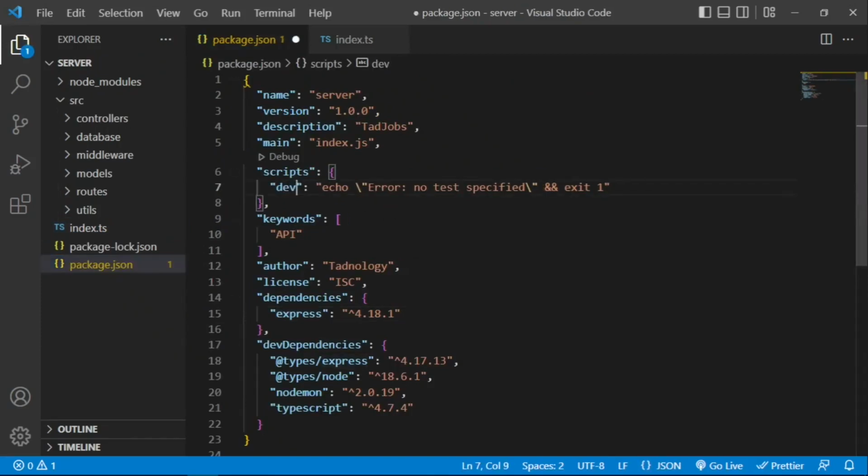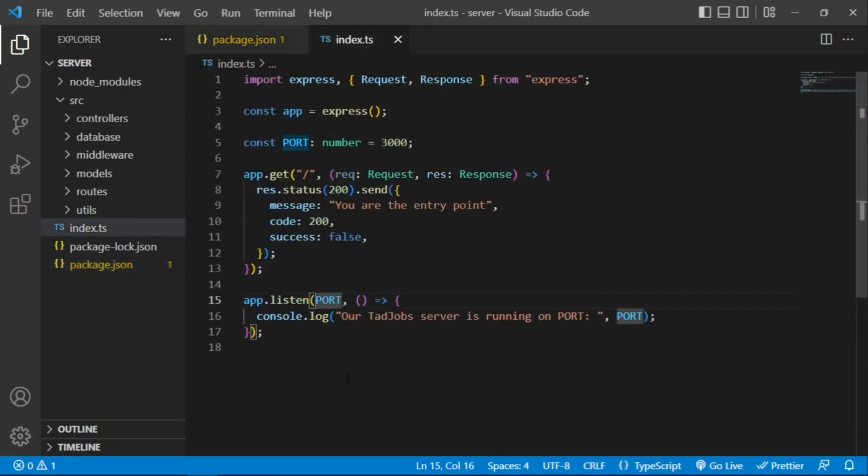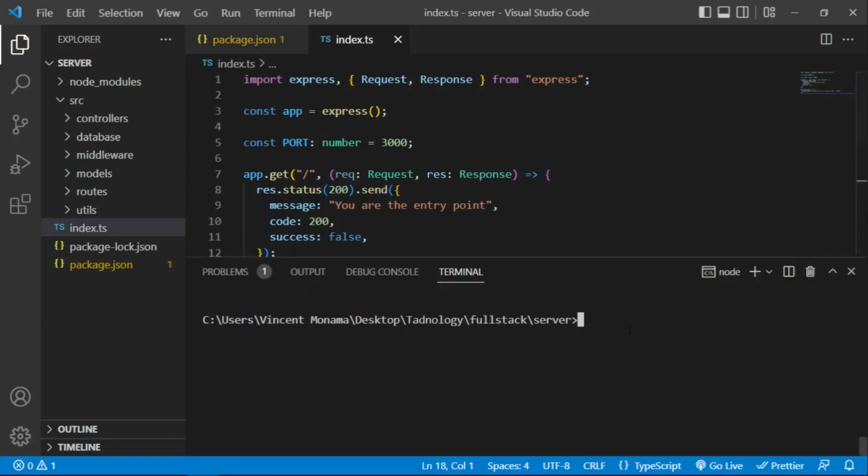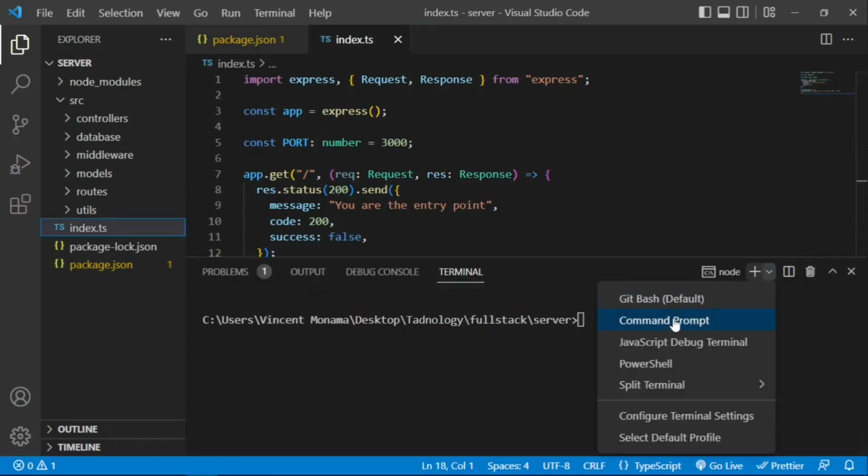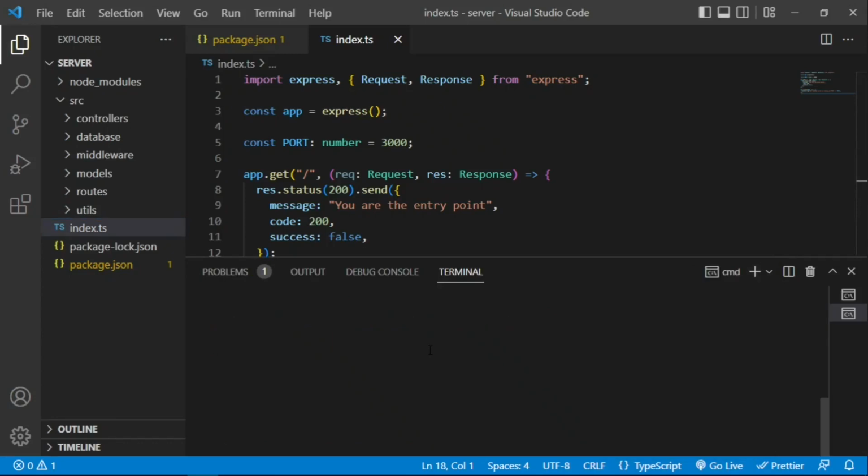So for development, we're going to run nodemon and to run our index.ts. So yeah, I think this is what we have so far. Let's open up our terminal here and have another cmd and say nodemon